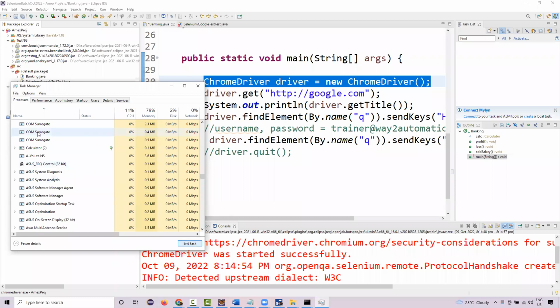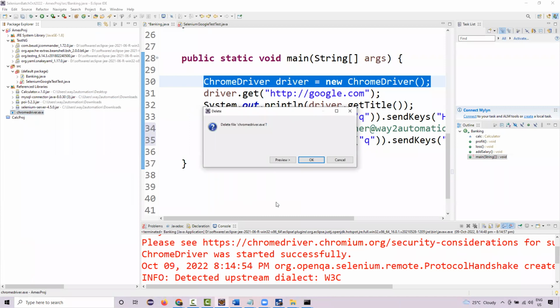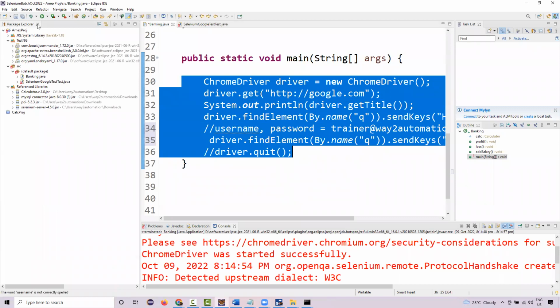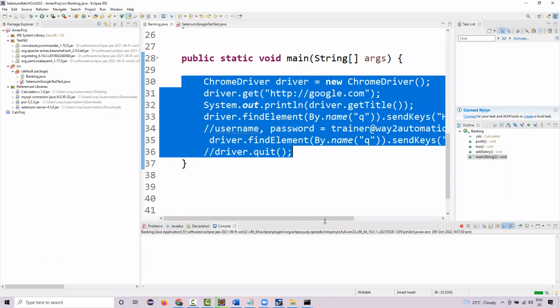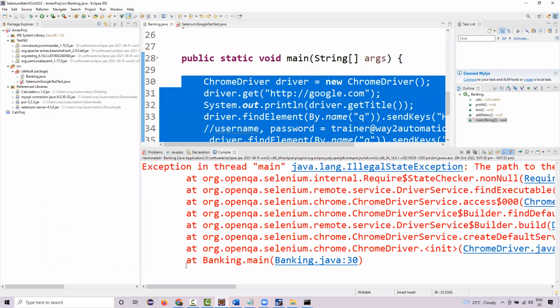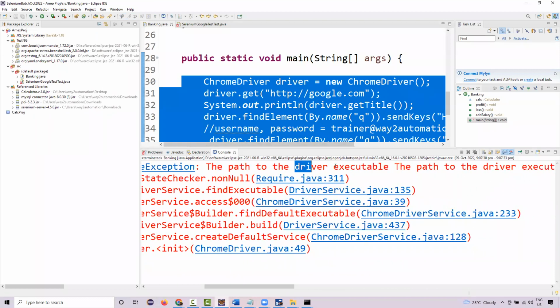And this as well. And now I can delete this Chrome driver exe. See, now I've deleted Chrome driver exe. Now it's just a simple Java code. If I run this, immediately I'm gonna get an exception. No browser launched. It is saying some illegal state exception, and it is asking for some driver executable path